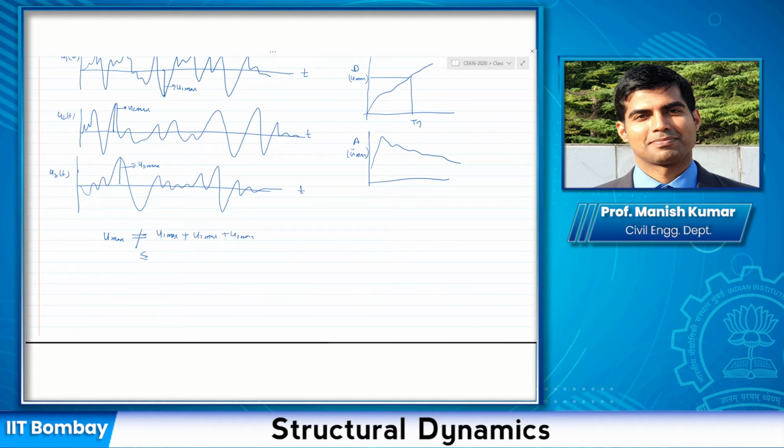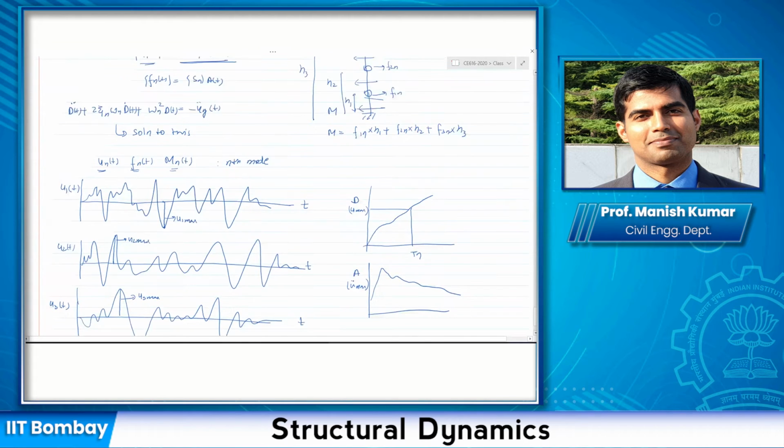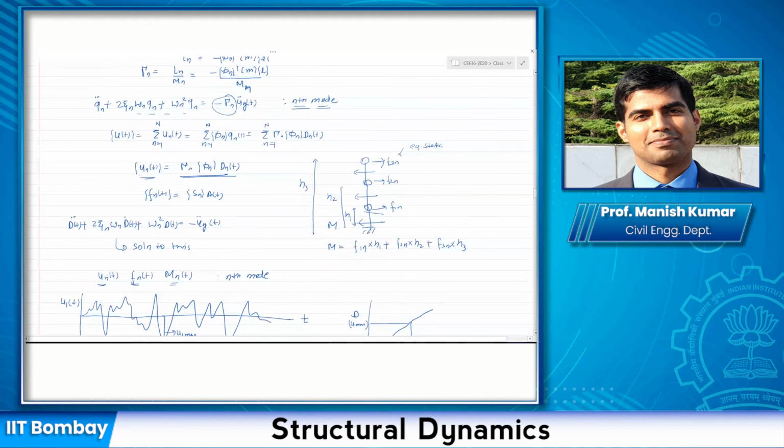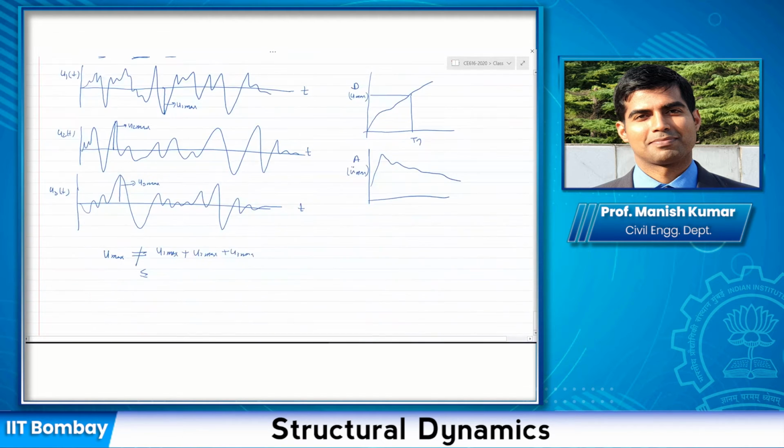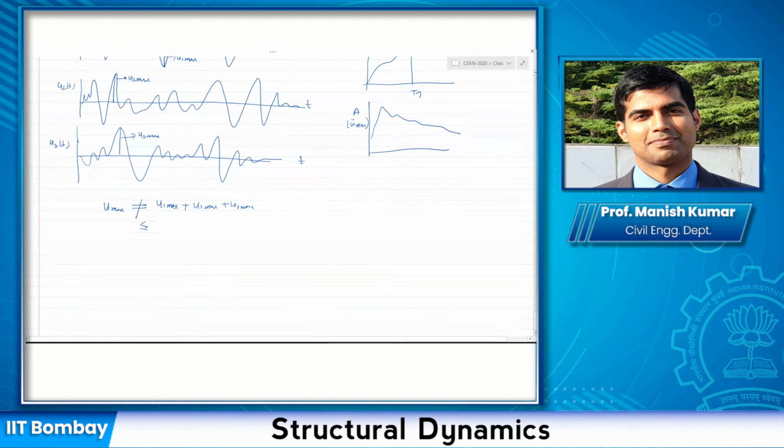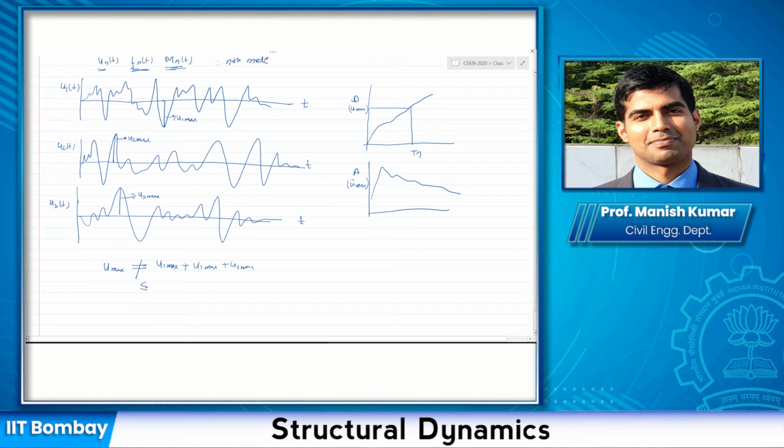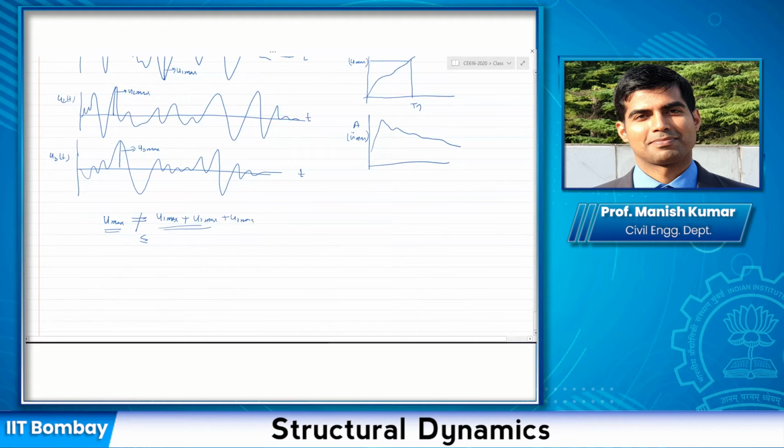And this goes not only for displacement, but also for all the things that you find out. Remember, if you talk in terms of Umax, all the quantities, whether it is equivalent static force or moment at the base, can now be found out in terms of Umax for that particular mode. Then we need to come up with a procedure so that we can combine the maximum responses of all different modes and get Umax, because this is not simply equal to the algebraic sum. So what do we do?